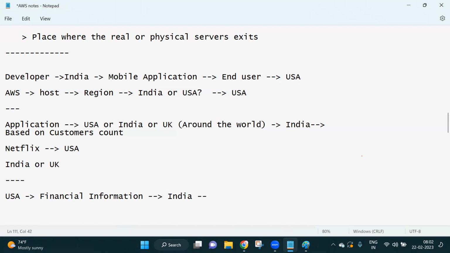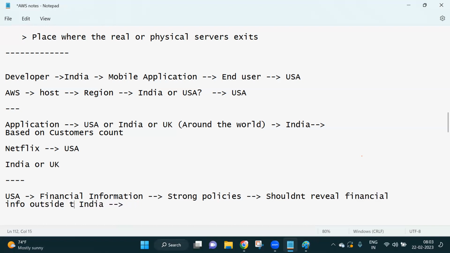Now I have to select the region. But this is financial information, and USA may have some strong policies. What the policies are saying is they shouldn't reveal the financial information outside the country. They don't want to reveal their financial or confidential information outside the country.